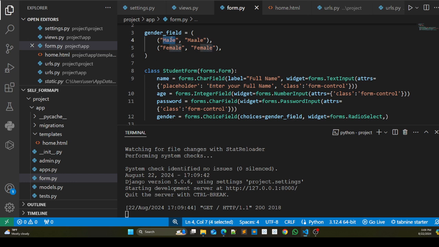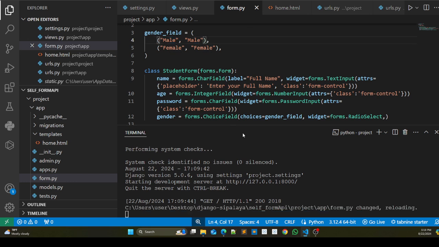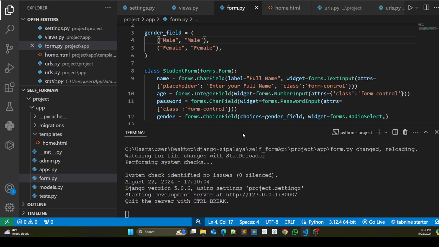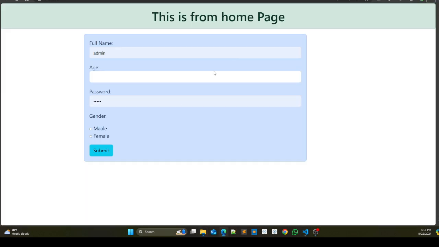Whatever I write over here will be passed to my database. I hope this is clear now. After that, you can select from only two options, male or female, but if you want to create an attribute where you can select multiple inputs,